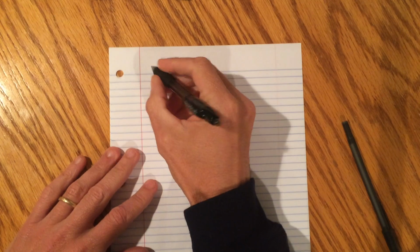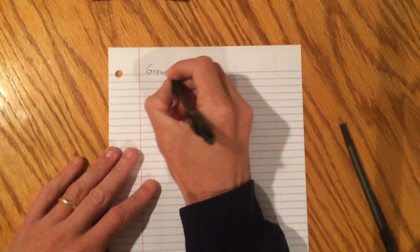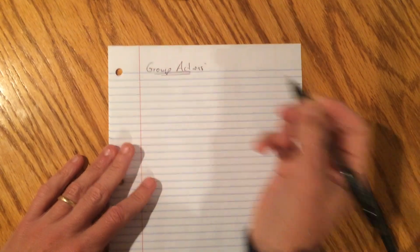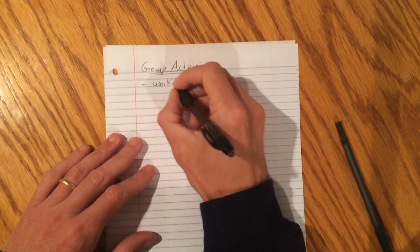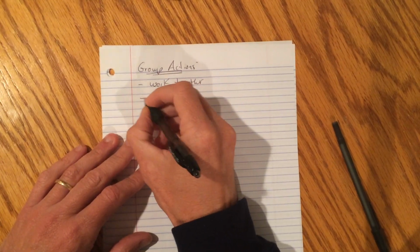All right, let's continue our series on the muscular system, and today we're going to talk about something called group actions. The reality is that muscles don't work alone. Muscles generally work together. And when they work together